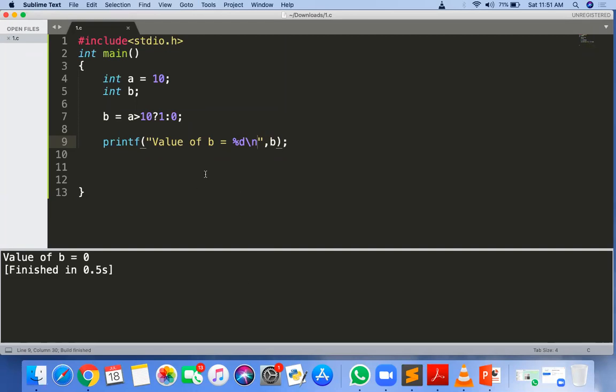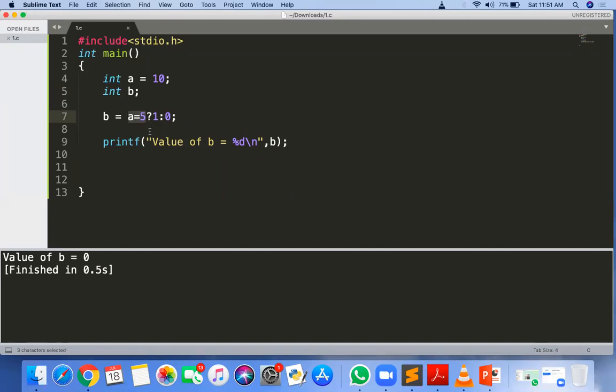Sir, if here a is equal to 10, then it will be? No, sir, is equal to is like assigning a value. No, if a is equal to 5, then what will the output be? Instead of giving a condition here, I'm putting an expression, that is your question. Yes, sir. Suppose a equal to 10 before, and I'm assigning 5, so if a equal to 5, what is the result?